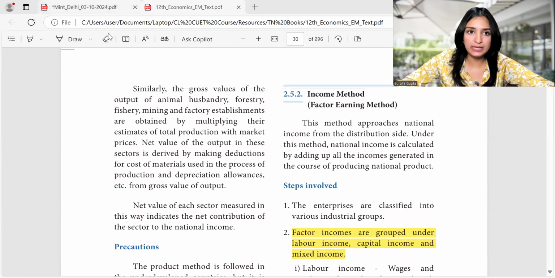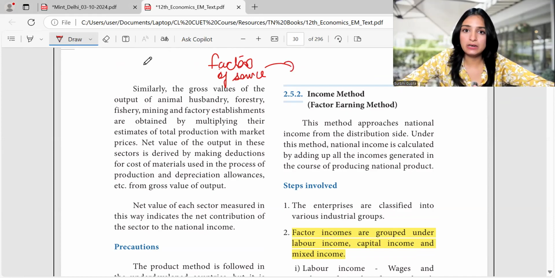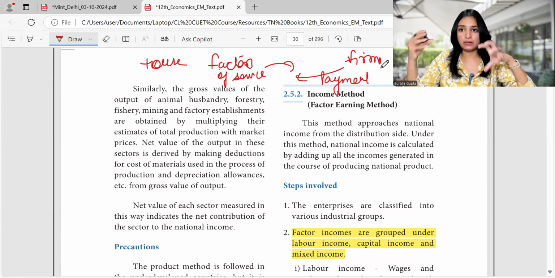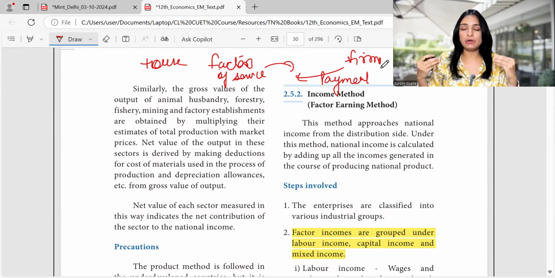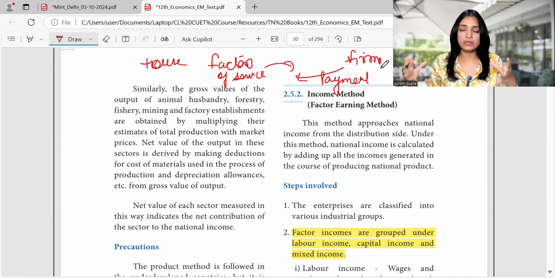As I explained in yesterday's video as well, factors provide their services from households to firms, and in return the firms pay them factor payments. Land, labor, capital, enterprise are the factors of production, and they get rent, wages, interest, profit, and whatever they receive is known as their income.